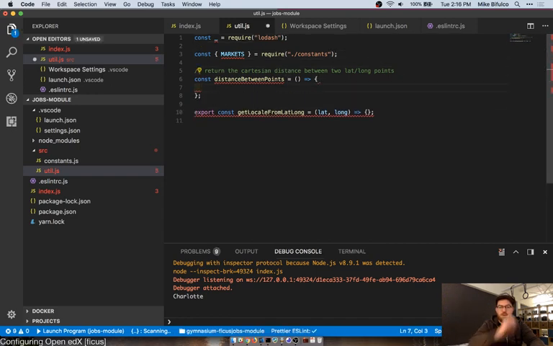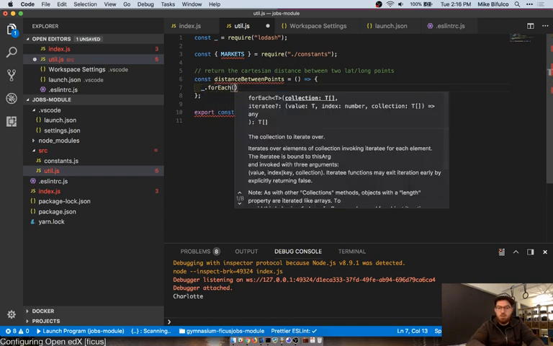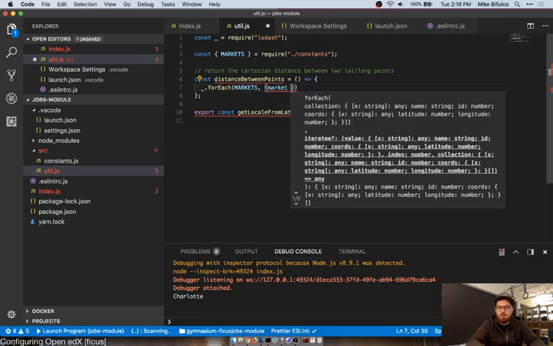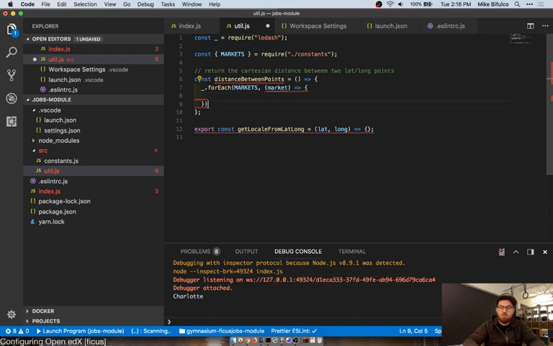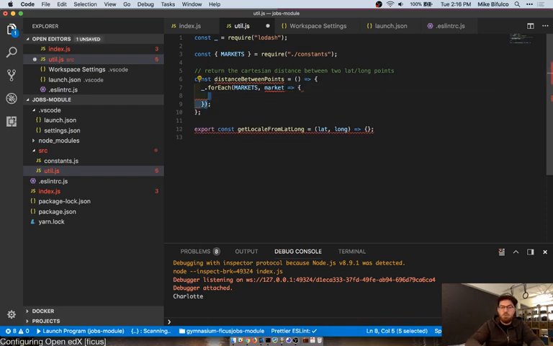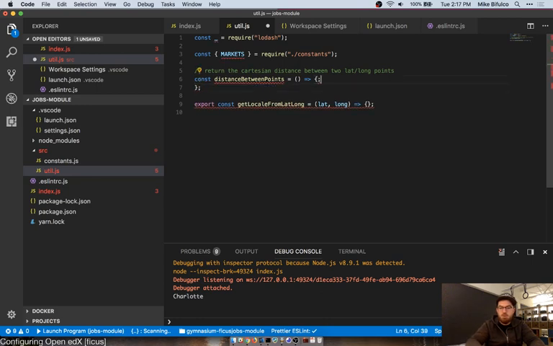I'm going to say for each markets, and we're going to say market, oops, I'm doing this in the wrong place. Okay, so we'll do this math in a second. In this locale thing, I want to run through each of the markets, and given a specific market, I'm going to say let nearest equal null.